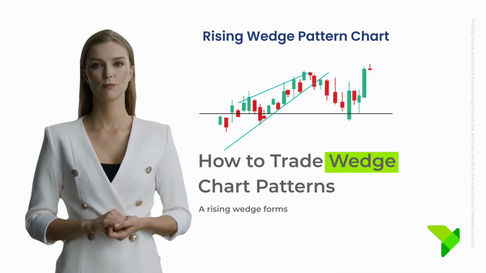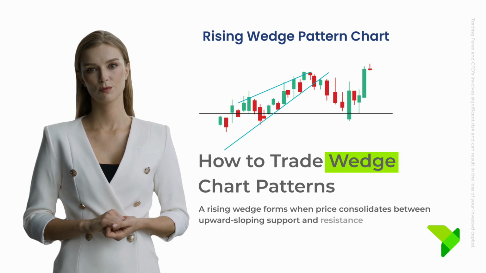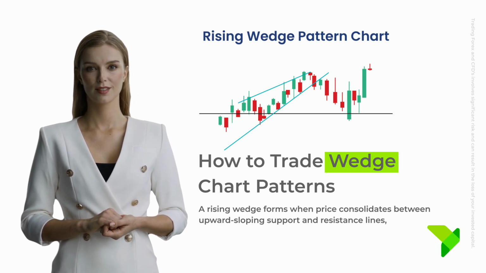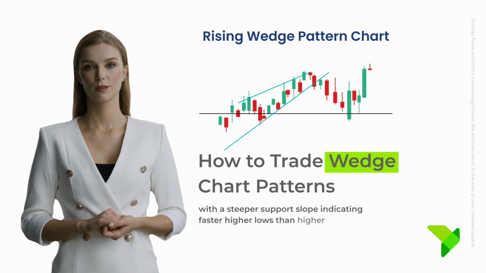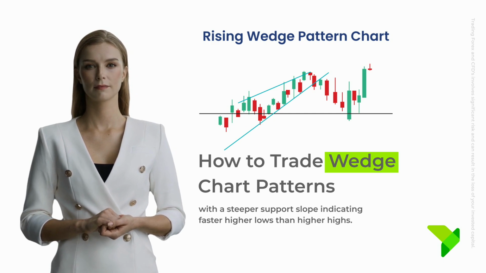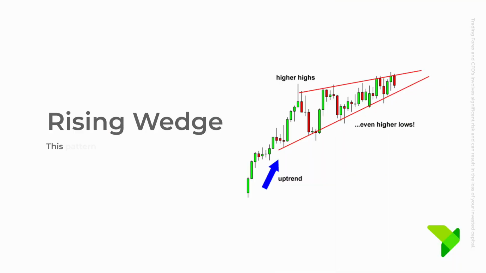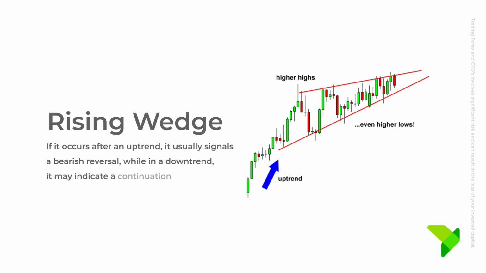A rising wedge forms when price consolidates between upward sloping support and resistance lines, with a steeper support slope indicating faster higher lows than higher highs. This pattern can break out either upward or downward. If it occurs after an uptrend, it usually signals a bearish reversal, while in a downtrend, it may indicate a